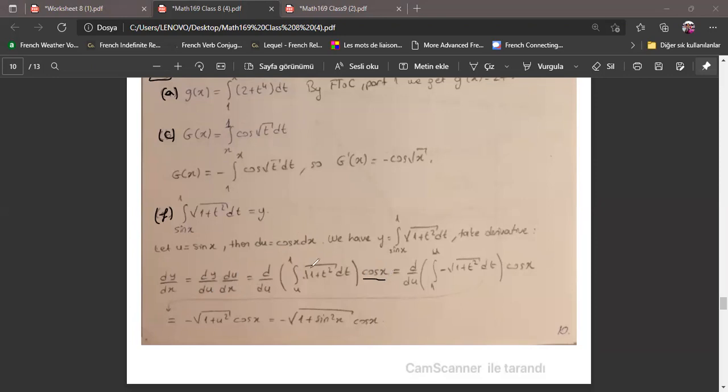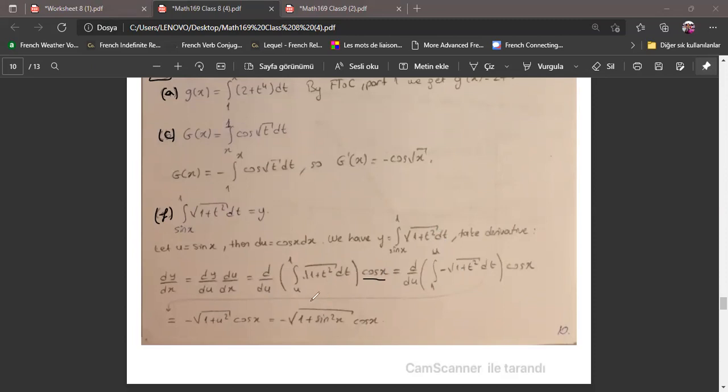Then the only thing we need to do is to find dy over du, okay? And as sinus x is equal to u, we have this integral now, okay? Now it's the same as when we had x there. It's the same to find d over dx, only we have here the variable u. Then, as we did in the previous part, we multiply it by -1, so we get some variable above and a constant below, right? Now, what's the derivative of this integral